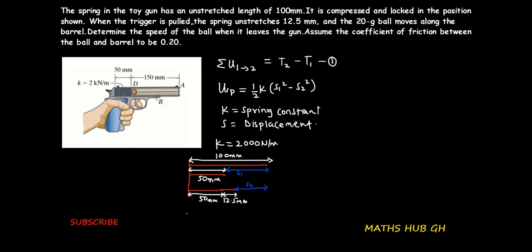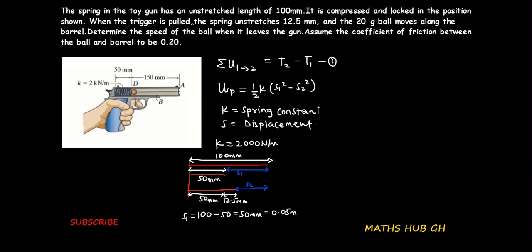So S1 will be equal to the 100 millimeters minus the 50 millimeters, which will give us 50 millimeters. And then you have to change this to meters, so you have to multiply by 0.001. So you're going to have